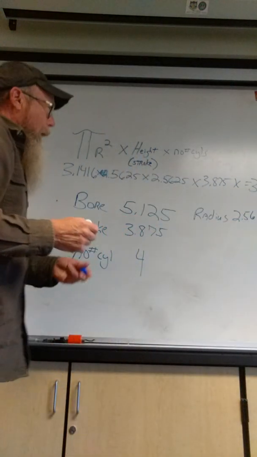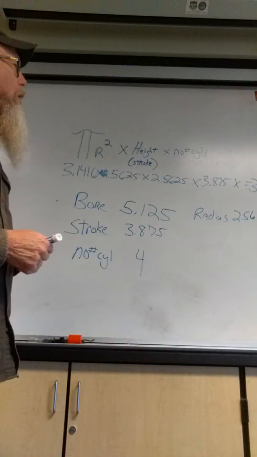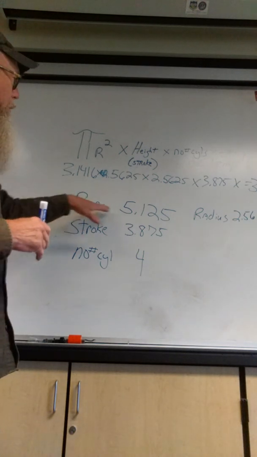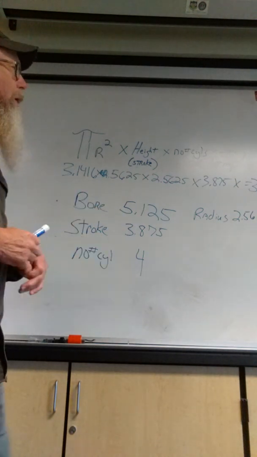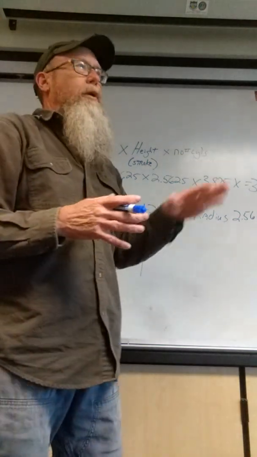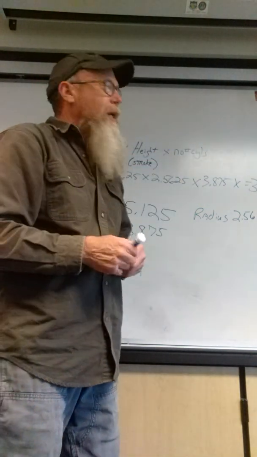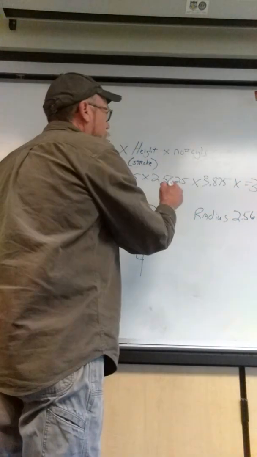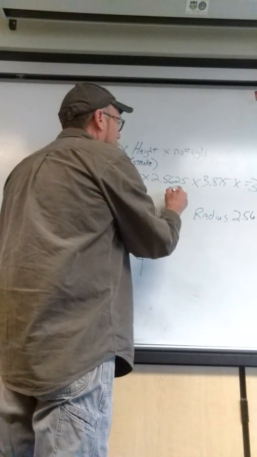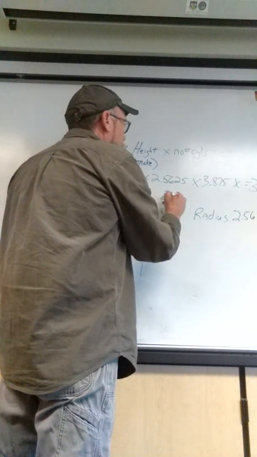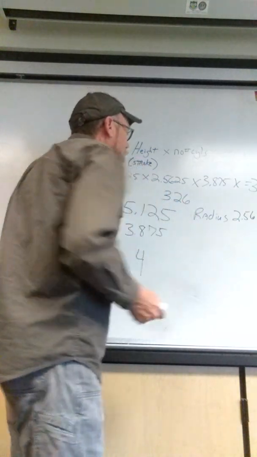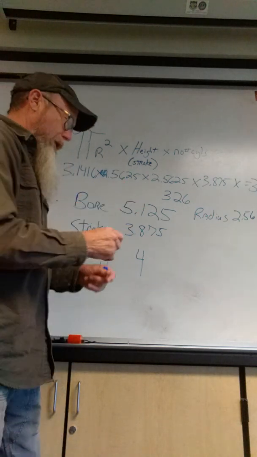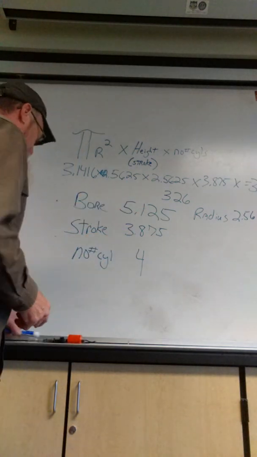319.74. So what they do when establishing the, where this is an 0320, these are the numbers for an 0320, they always round off to the nearest 5 number. So since this is 319, they call it an 0320. If an engine came out to something like 326, they would call it an 0325, whatever the nearest 5 number is for calculating that up. Okay,